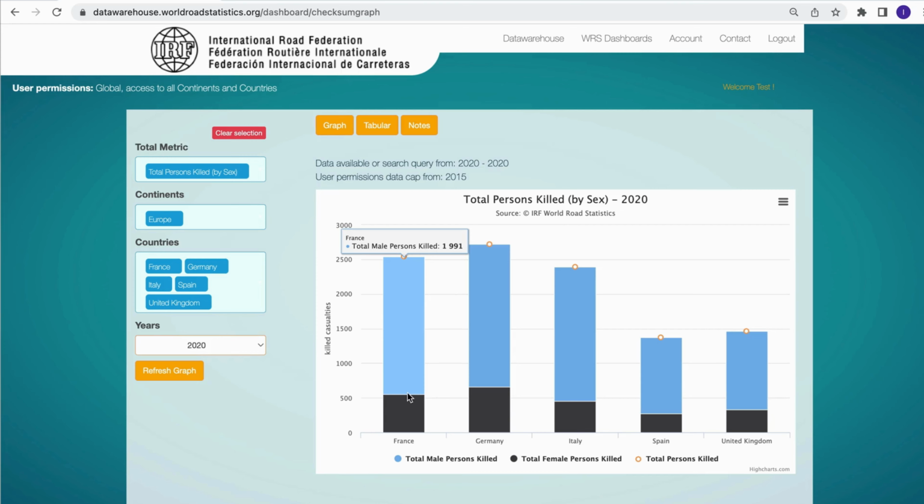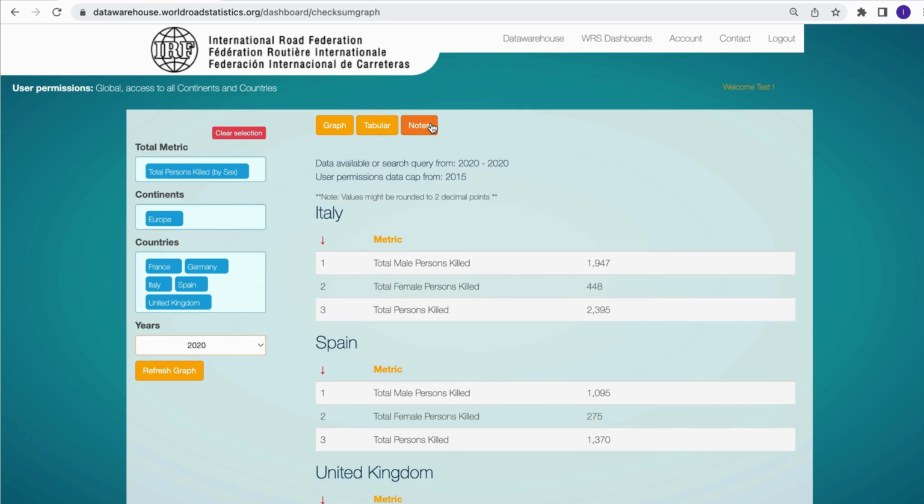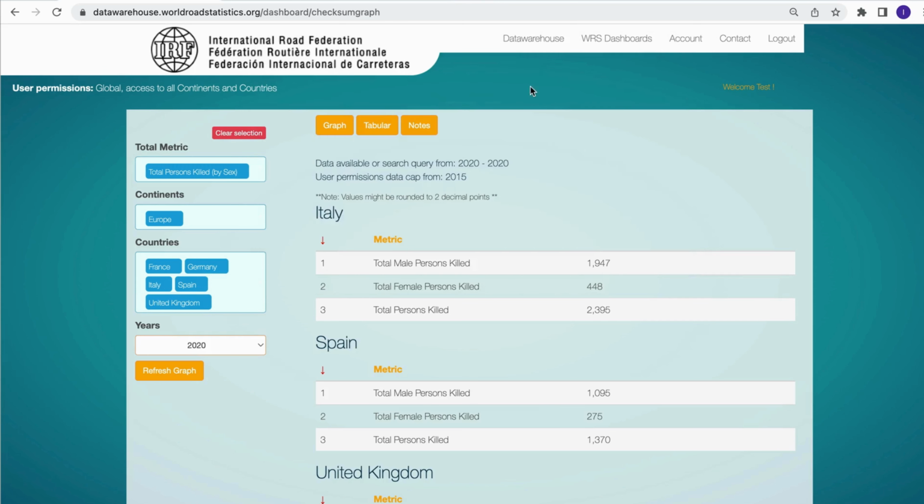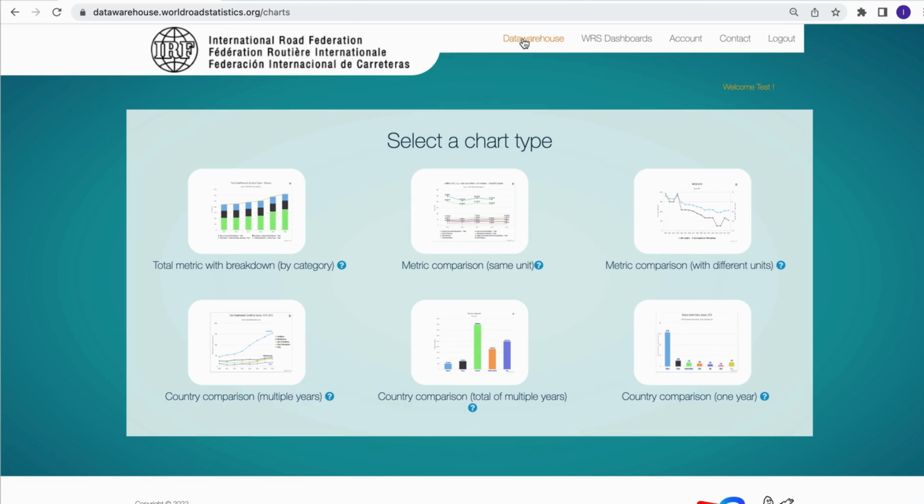And of course, as I hover over it, it will tell me how many people were killed and which country I'm looking at. And it will also have the totals for those countries. And again, I could also look at it in tabular form and look at what notes are available for this selection. If I now wanted to look at a different chart altogether, I could click back on the Data Warehouse button, and for example, if I wanted to compare